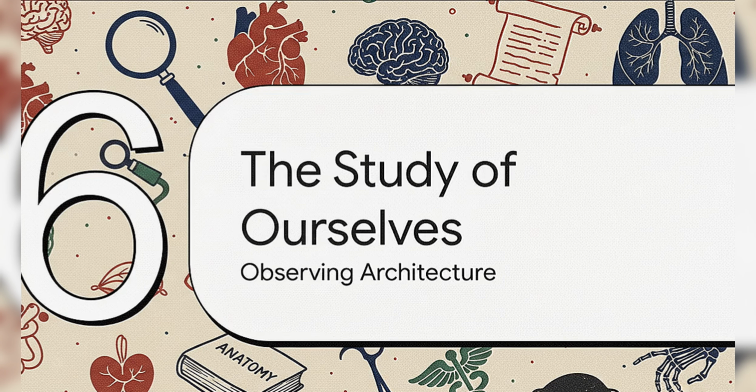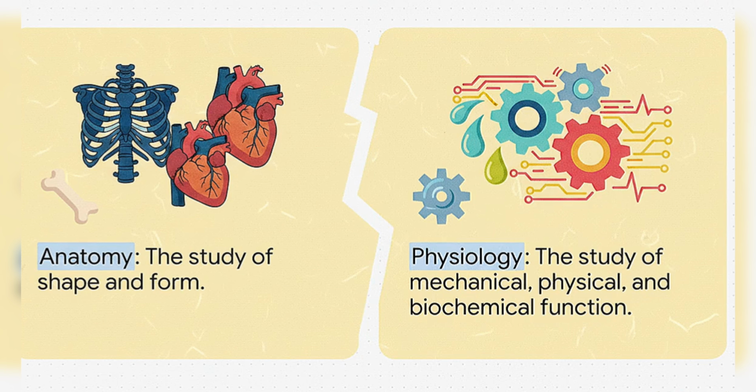Finally, Section 6, the study of ourselves. Because we face all these vulnerabilities, humanity has spent thousands of years meticulously observing, documenting, and studying the body to figure out how to heal it. When we study the body, we generally break it down into two primary fields. First, there's anatomy. That's the study of shape and form, mapping out the bones, tracing the blood vessels, learning exactly